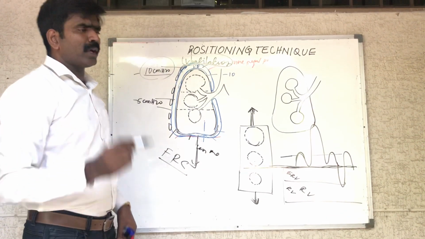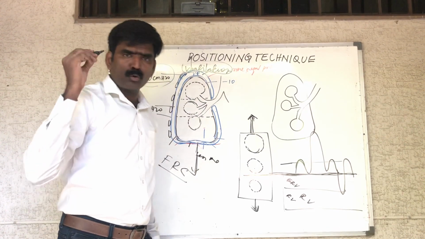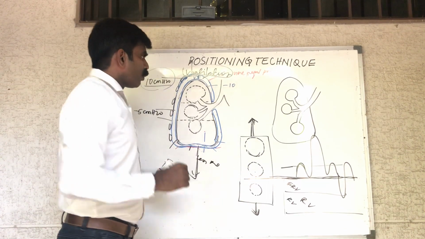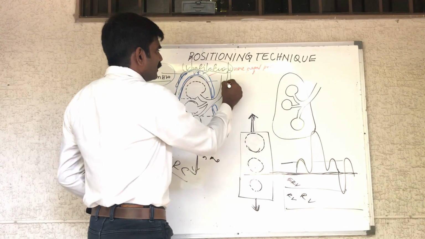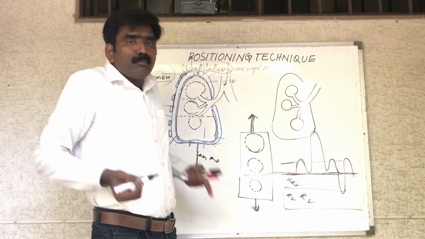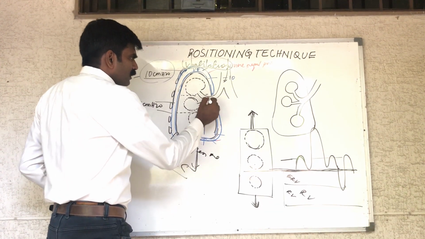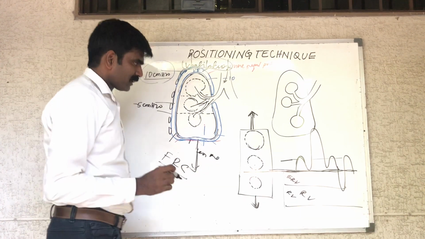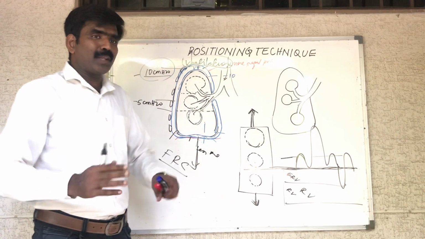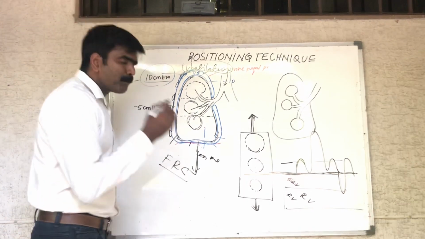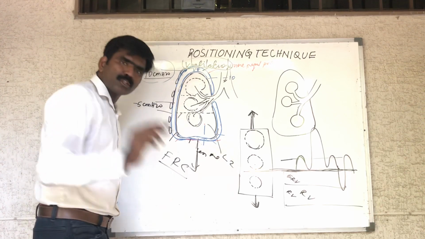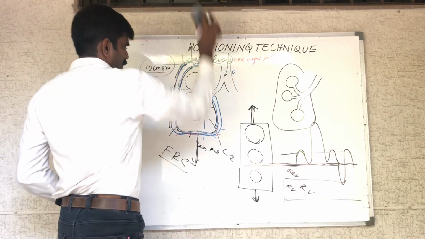So what is ventilation? Ventilation is the amount of gas or air which enters into the lung for the purpose of gaseous exchange. So what do you think? When you take an inspired air, when you inspire, where will the air enter more? It will enter into all three lobes, but the alveoli which is less expanded will expand more, or in other words, the compliance of the lung in the lower zone is more.